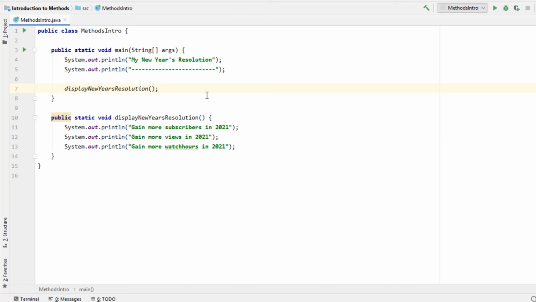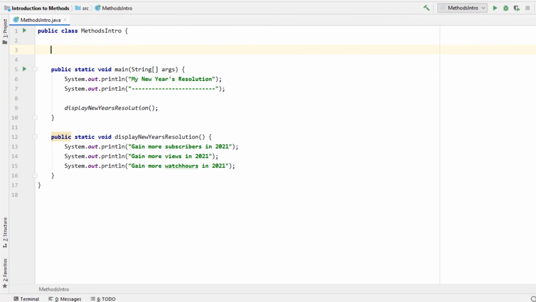Now, the order in which methods appear in a class has no bearing on the order in which the methods are called. The order in which you call methods is what makes a difference in how an application executes. For example, let's create another method before our main method. Call it displayName,